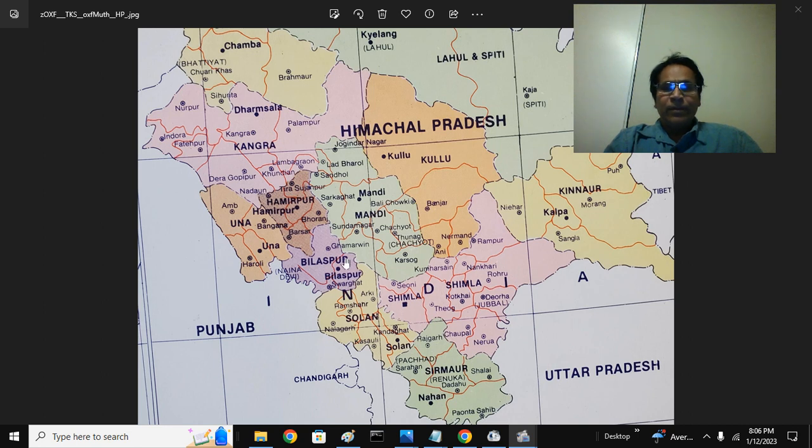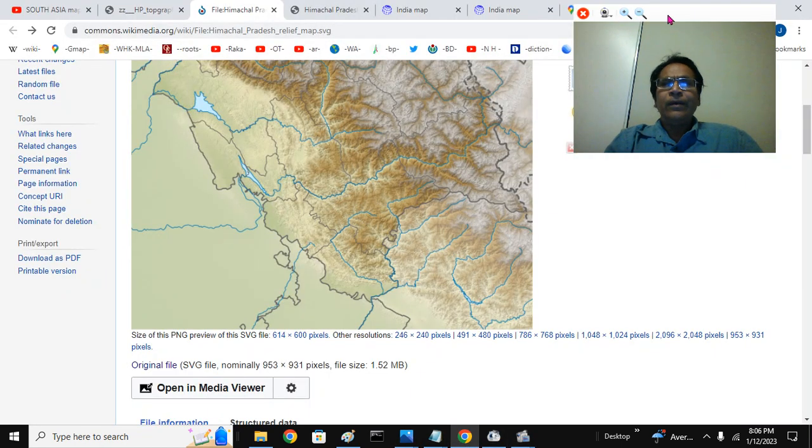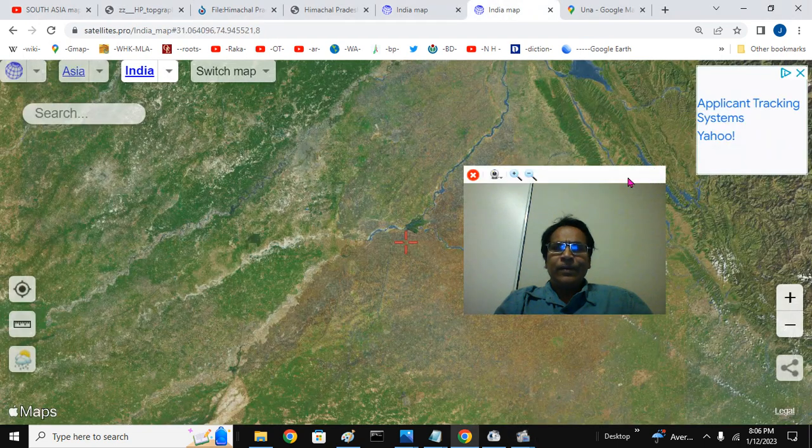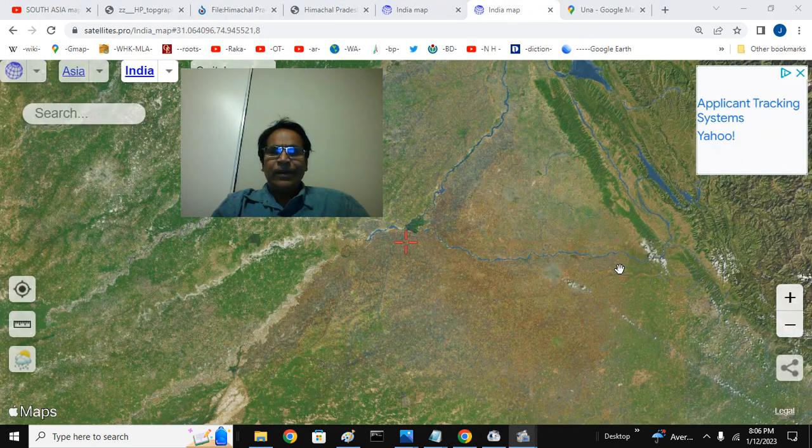Around about 1200 meters or so above mean sea level. How does it compare? Simla will be 2200 meters, and Delhi will be around about 250 meters. The highest peak in the Kinnaur district in Himachal Pradesh is 6800 meters. So you can have a comparative outlook of that, and you can see the fascinating Sutlej River again.